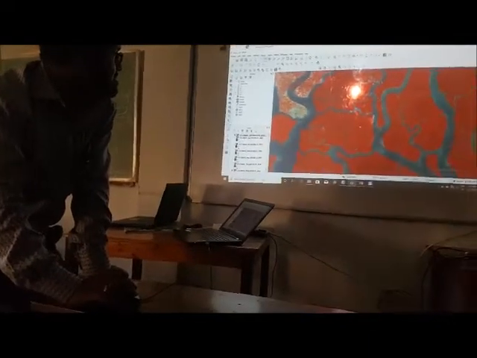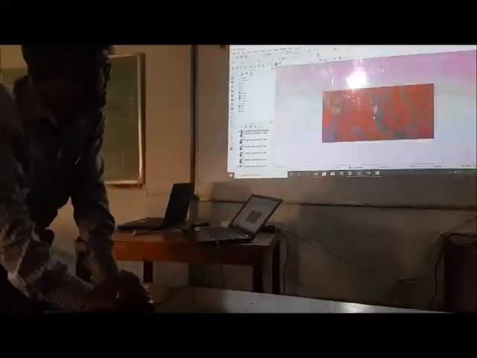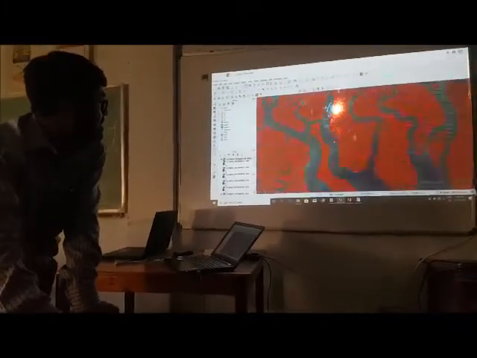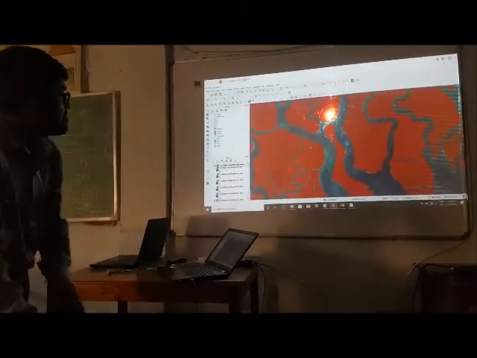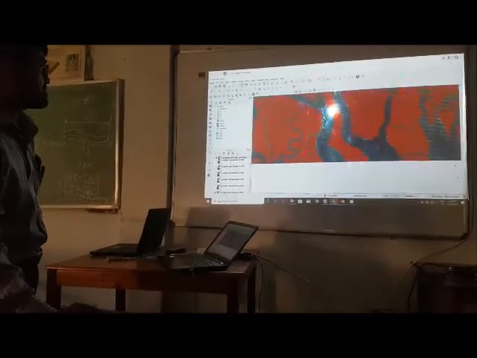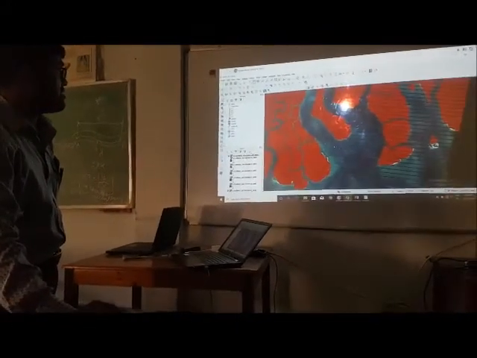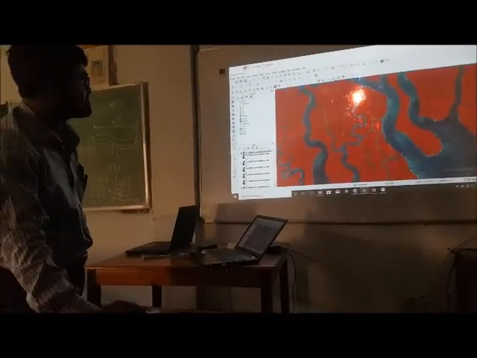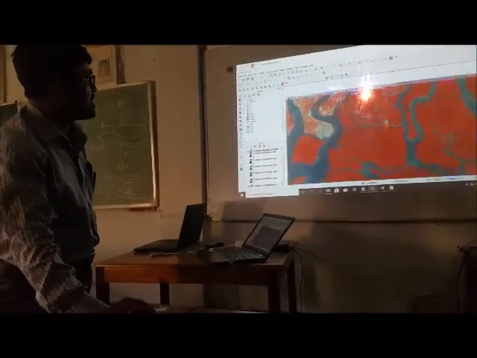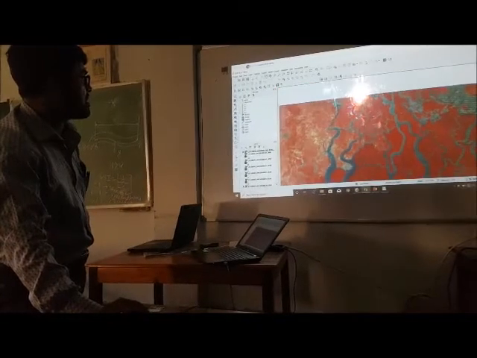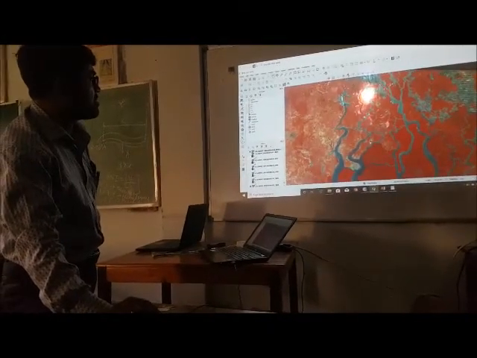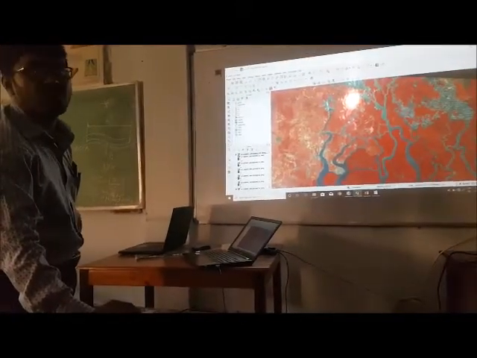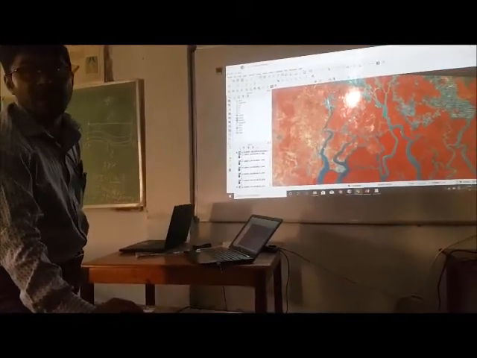This is the area of mangrove, and there is no settlement. Some of these parts are now degrading due to anthropogenic effects. Before the 1980s, these parts were also covered by mangrove.